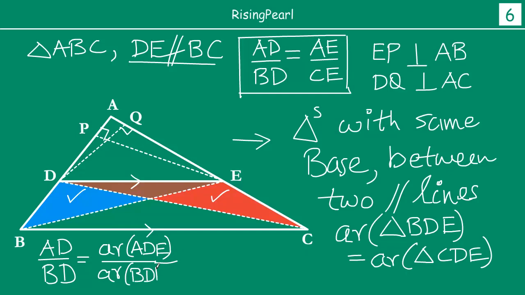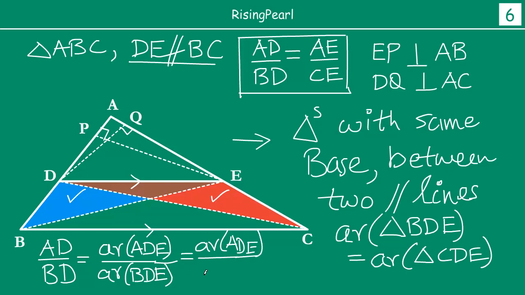So from the first equation we get this, and now we know that BDE is equal to CDE. So then I can write this as the area of triangle ADE,